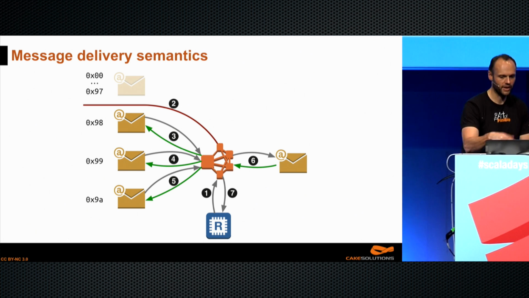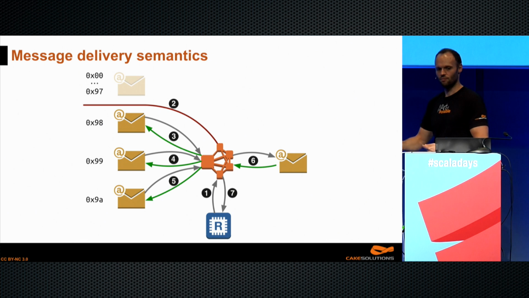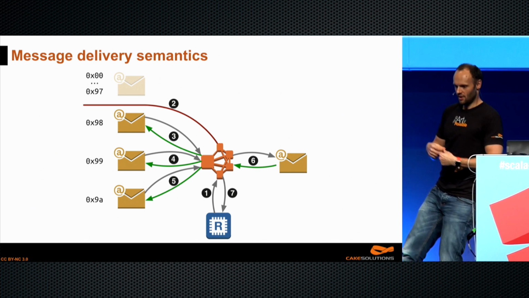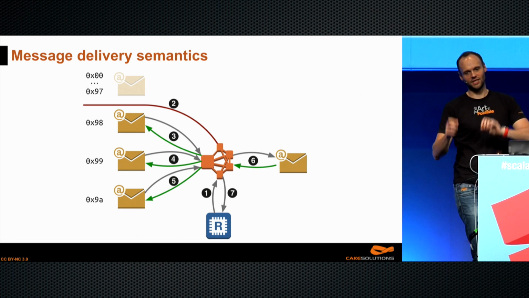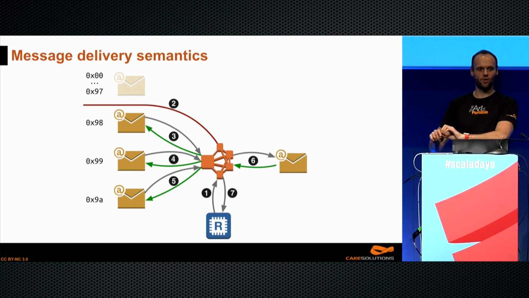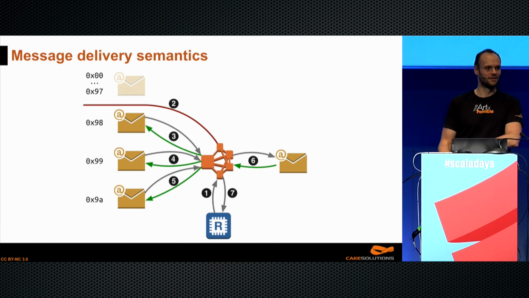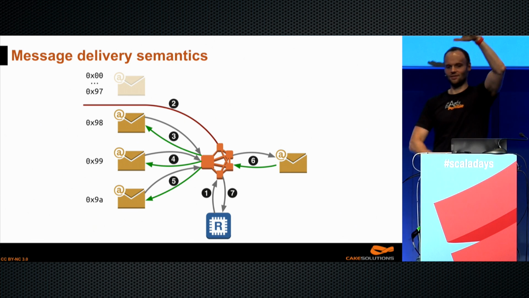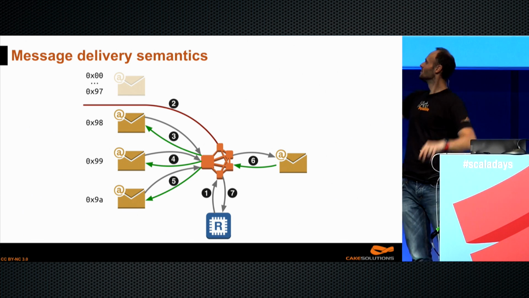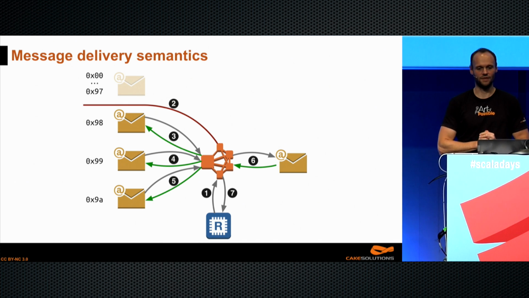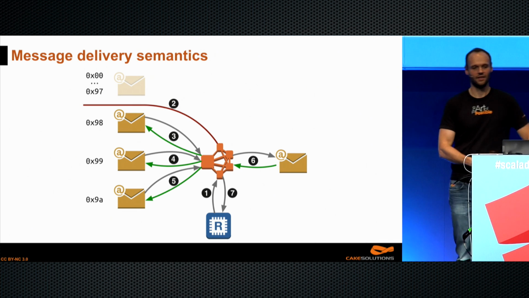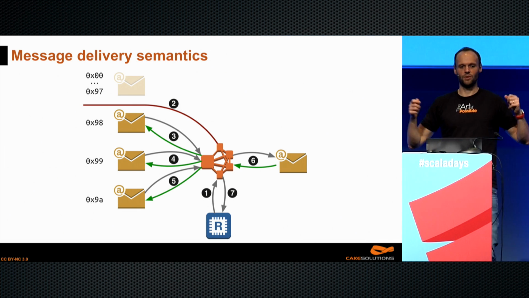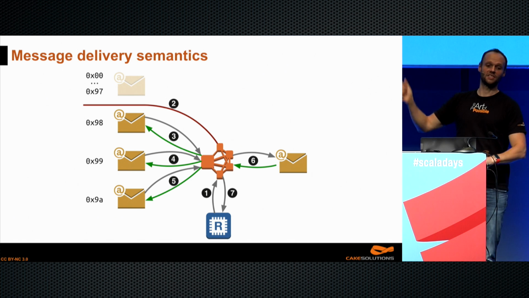But if all goes well, we get to number 5, confirm, we move to our completed state, we produce a message, that's number 6, we get a confirmation from Kafka the message has actually been delivered. At that point, we write to our offset store the value 9a. Because now we have actually consumed the state. We had this transient state in numbers 3, 4, and 5, and then we produced in number 6, we got the confirmation, the value is in the offset store, so when we recover next, we'll start obviously from 9a.